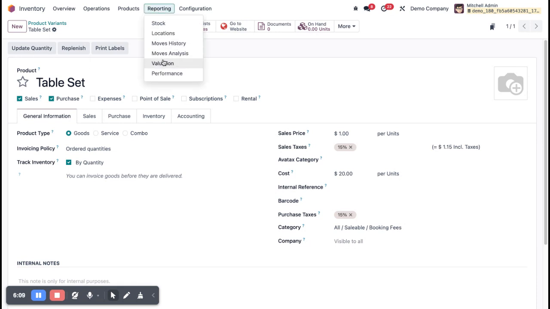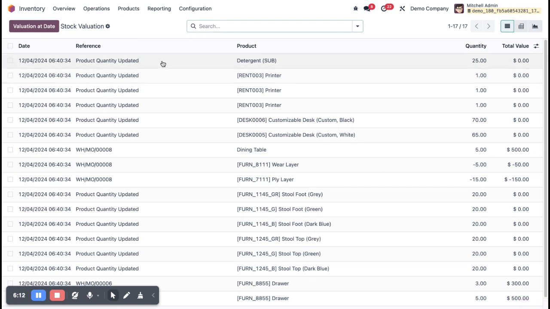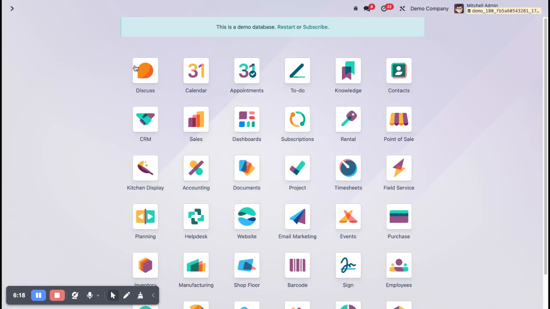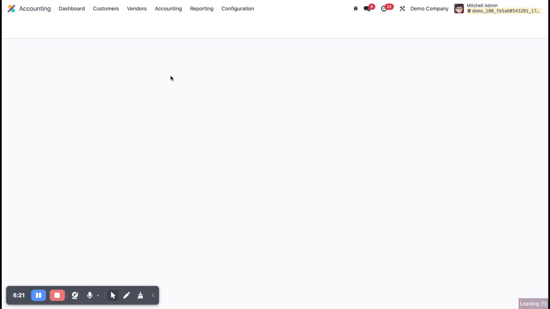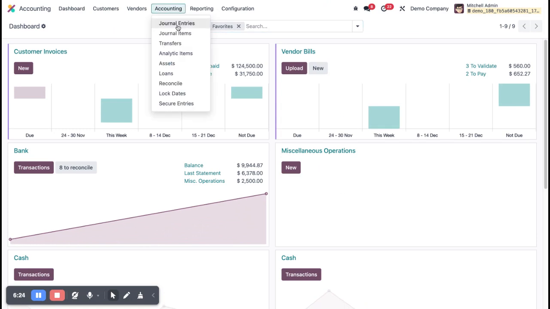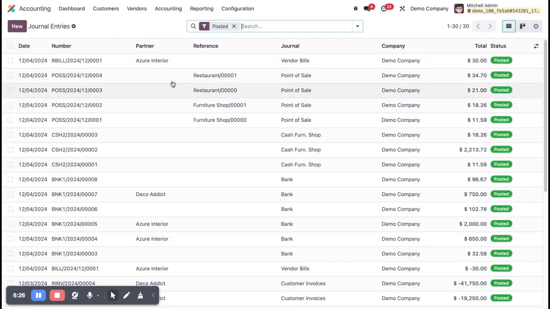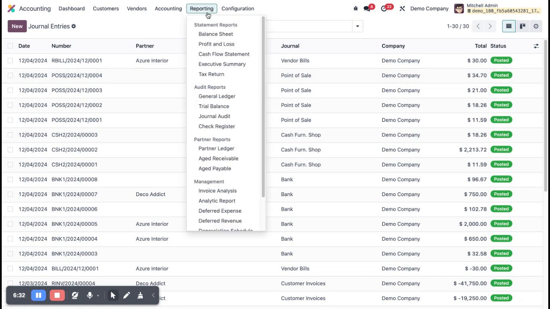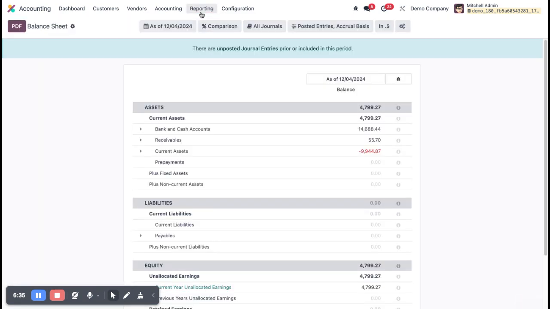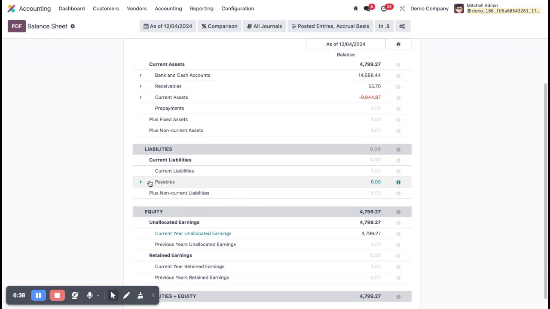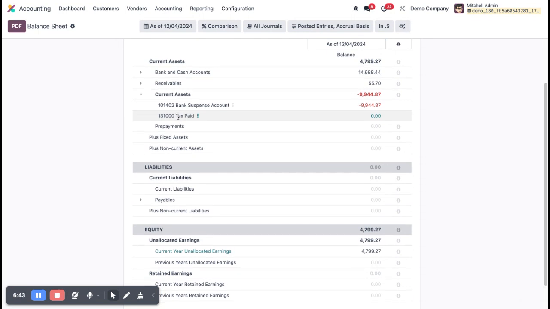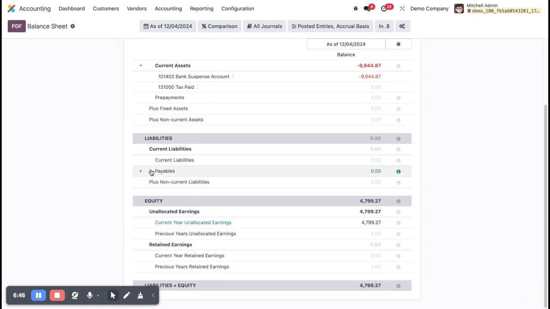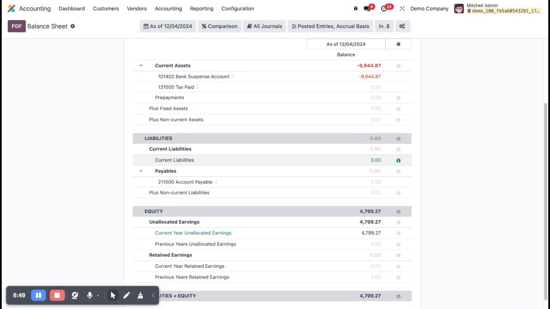Let's go to the valuations. So here valuation is not created. Okay, and also let me show you the accounting entry first. Go to the general entries. So here there are no inventory adjustment accounting entries. Okay, let me show you the reports and go to the balance sheet. So here you can see current liabilities, current assets. Here it does not reflect any inventory adjustment currently, because I have not updated any product